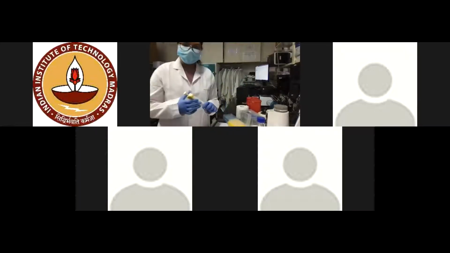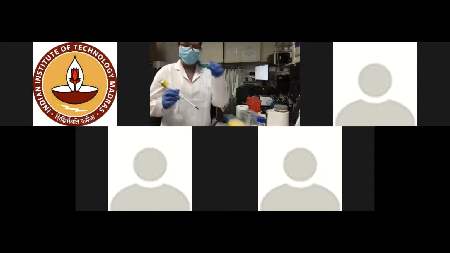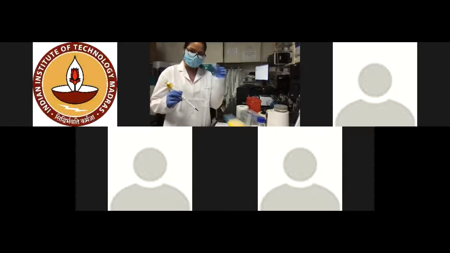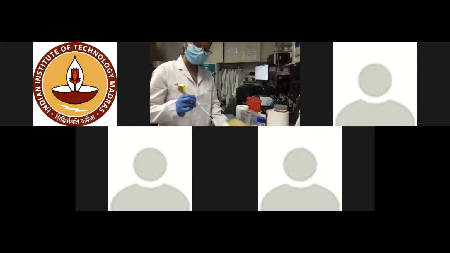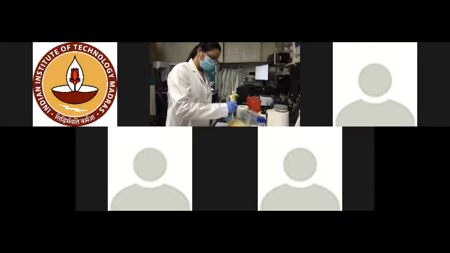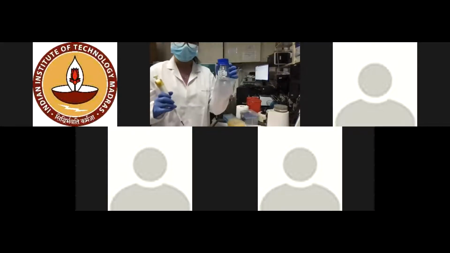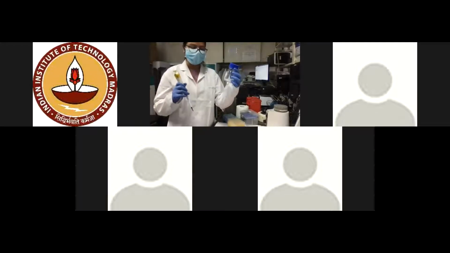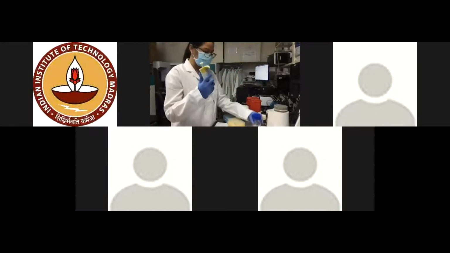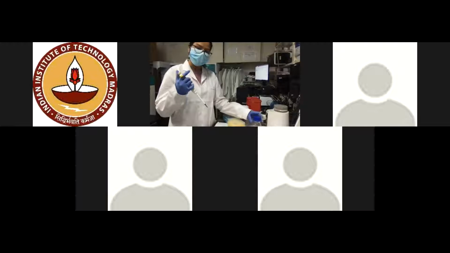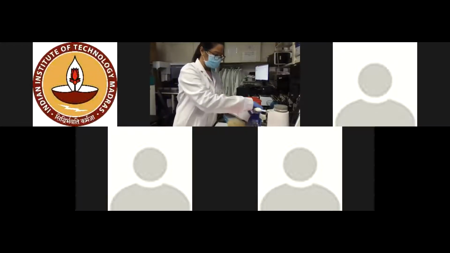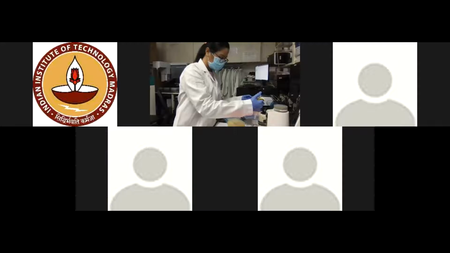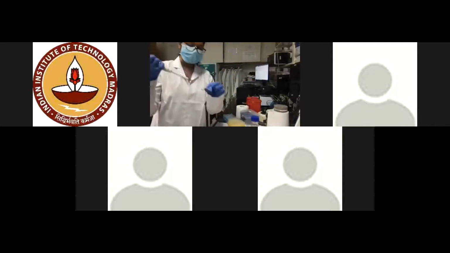Because of the time constraint, I already have the tube which has been in the dark for the past 10 minutes. I'll use this same tube and I'll add the dilution buffer in the same tube. This dilution buffer has 1 millimolar CaCl2 and Tris. This is basically to dilute the urea concentration that is present in our lysate. So now I'll add the dilution buffer to dilute the urea concentration here.